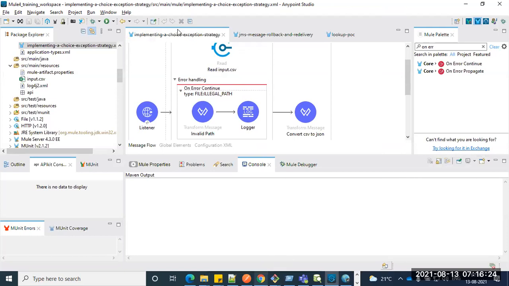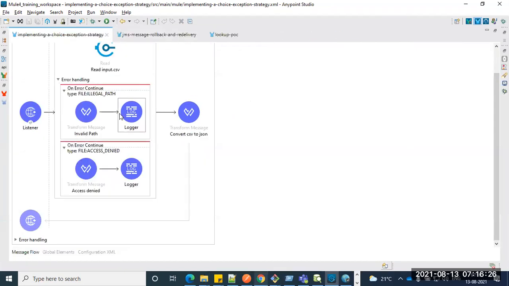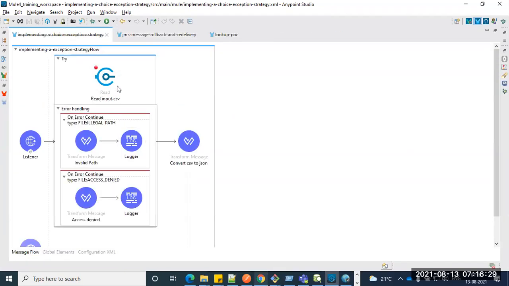The scenario is here; we already did this POC earlier, reading the CSV file. In the previous POC also we did it. When you're trying to read the CSV file, it is expecting a certain path.